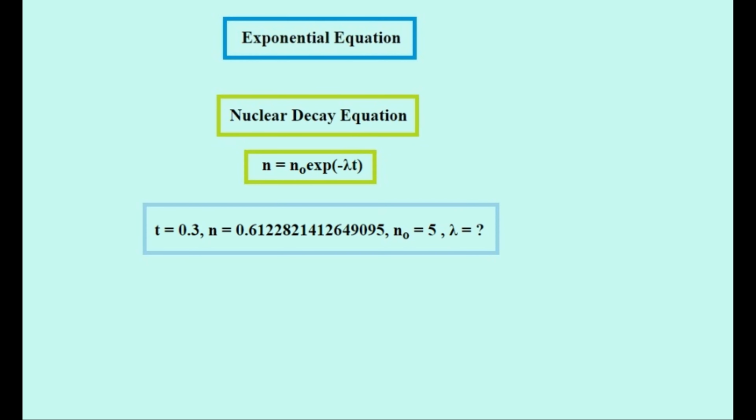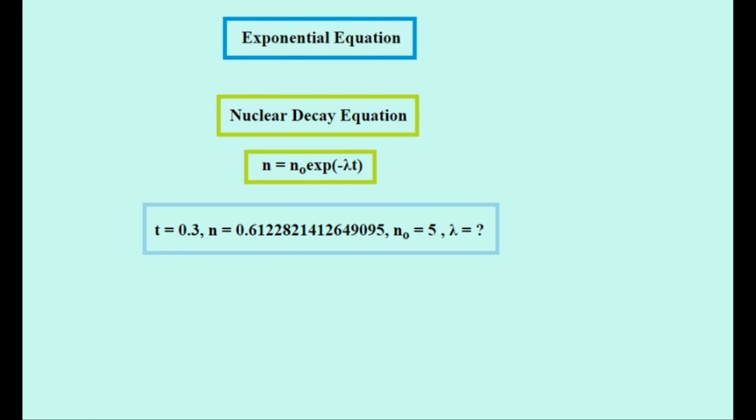Here are some other types of equations that can be solved using a computer multi-equation solver. This one is the exponential, where one of the terms is an exponential term. In this example, we'll look at the nuclear decay function, and here are some sample values. I've left n to equal a number with a large amount of decimal places, so as to monitor the accuracy